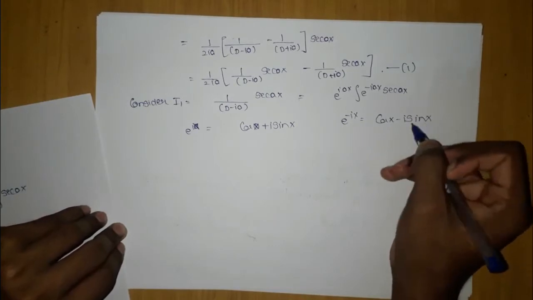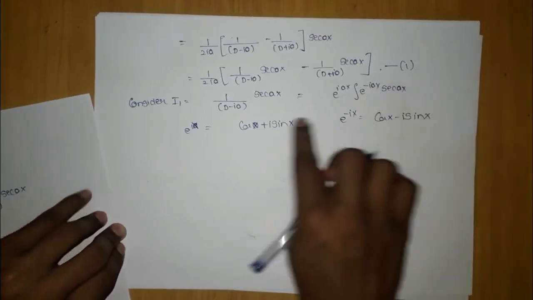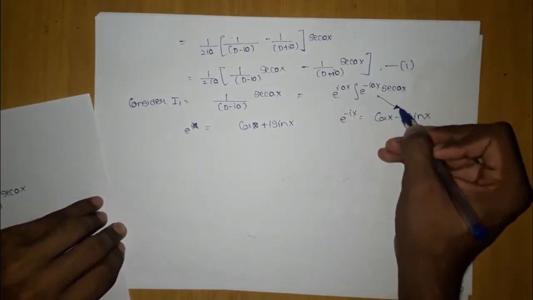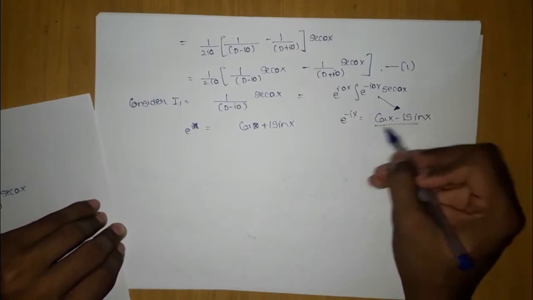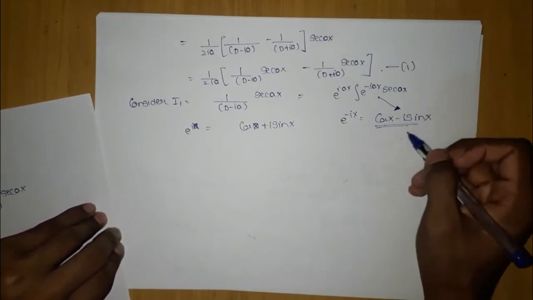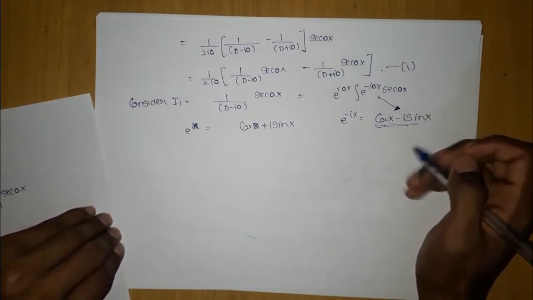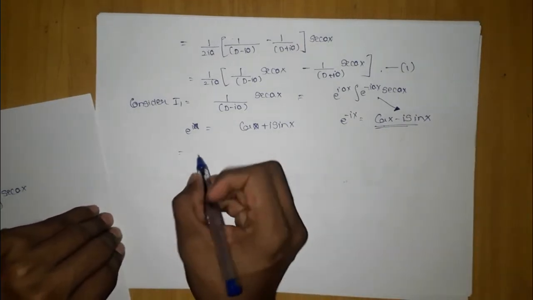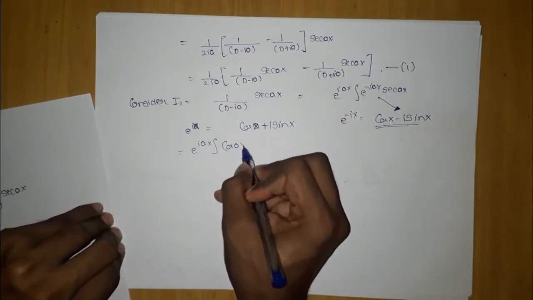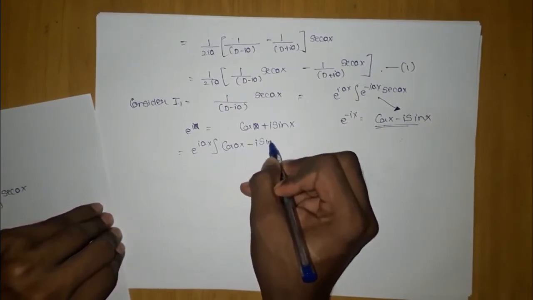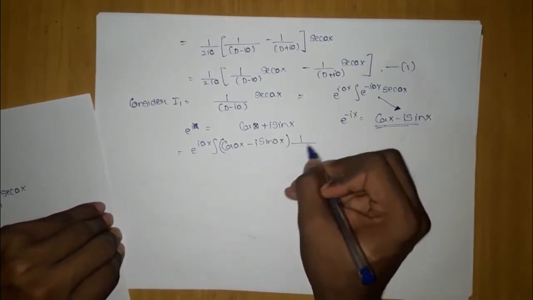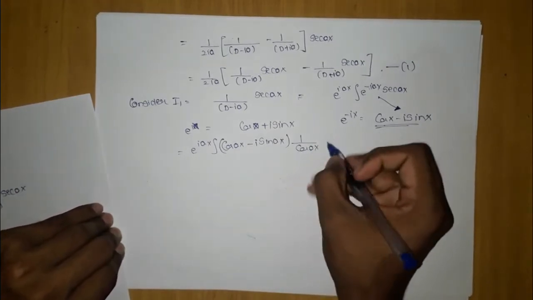So because solving in this format is difficult, we need to express it in polar form, in cis theta form. Here it is minus, so we will express it in this format. Here a will appear, nothing great change you will observe, just write here a. So e to the power iax integral cos ax minus i sin ax, okay, into this you can write as cos ax, right?